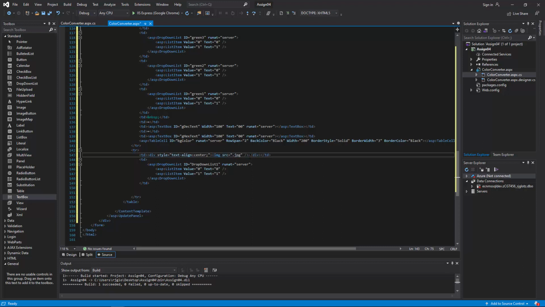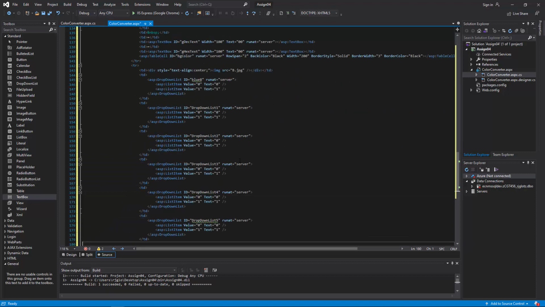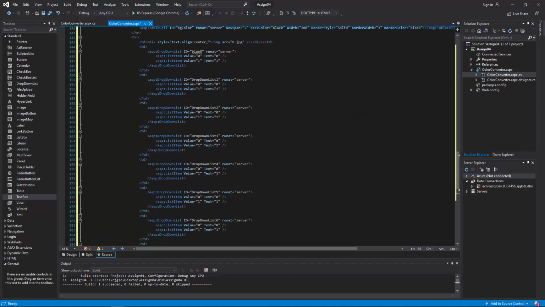This image is going to be the blue image, so I changed that to a B. You'll notice the ID here changed, so we're going to change it to blue 8. And from that point on, I'm going to grab this table data cell and do 7, 6, 5, 4, 3, 2, blue 7, blue 6,